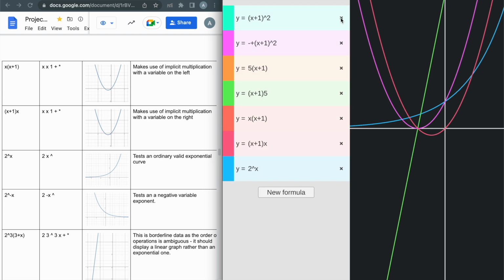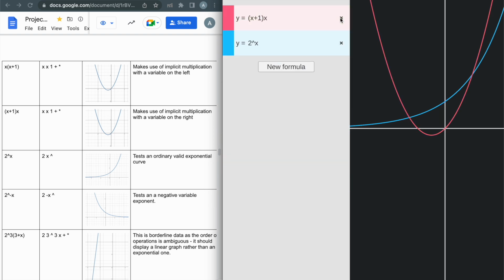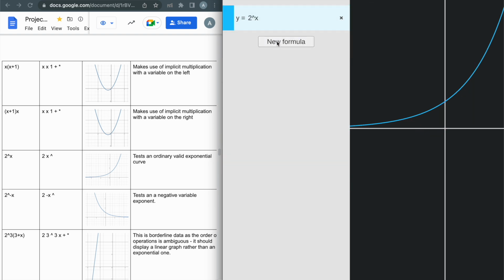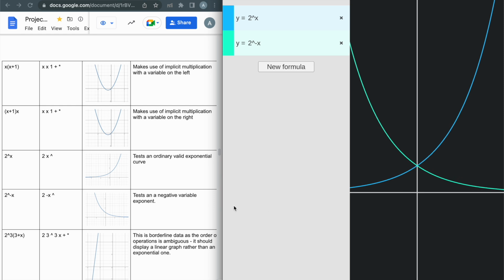And now, as I've reached the end of my colors, I'm just going to delete all these lines. So now a negative exponential, which is exponential decay. And that looks exactly correct. I'm going to try a slightly more complicated exponential. However,